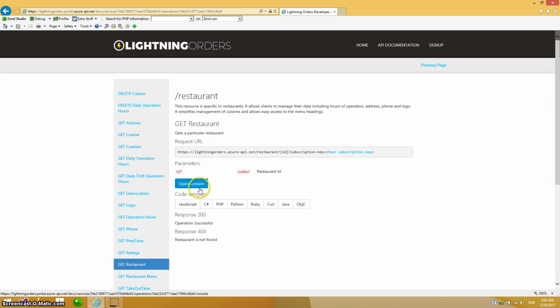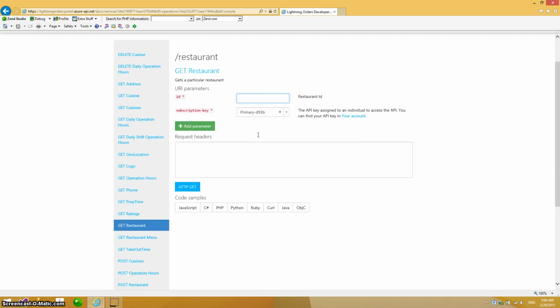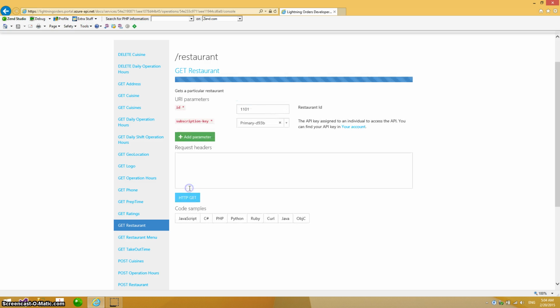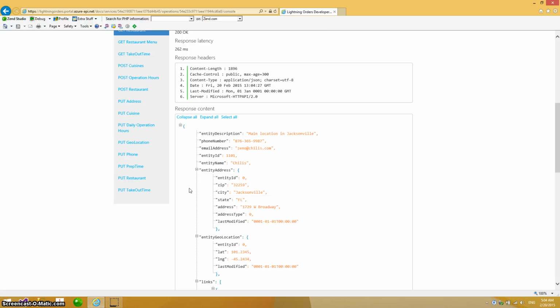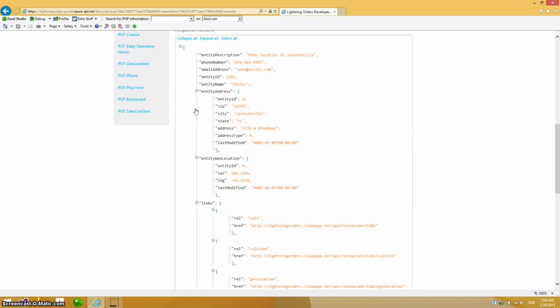Now what happens is when you click on open console, your subscription key is pre-populated with the products that you have. Of course you have two, just in case something is wrong with one, you can have a secondary one. So now we have the key, and let's actually execute a get method. Let's do a famous 1101 restaurant and click on get, and notice you are getting status code 200, and you got your